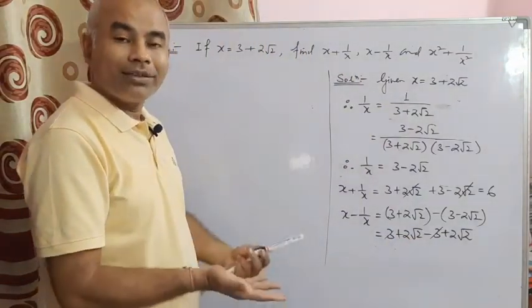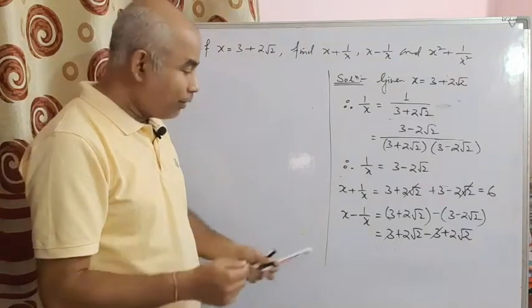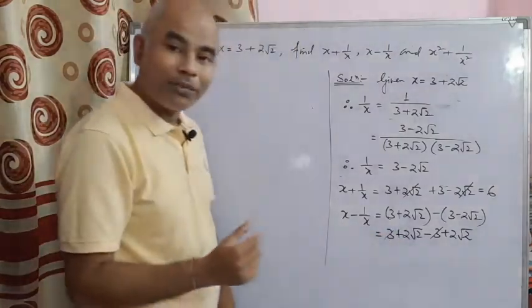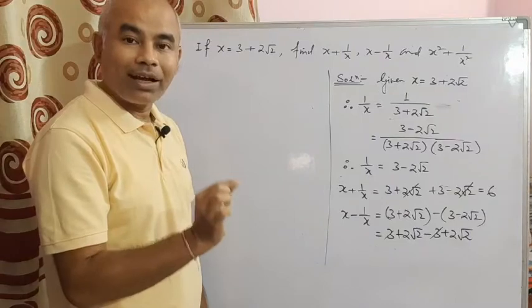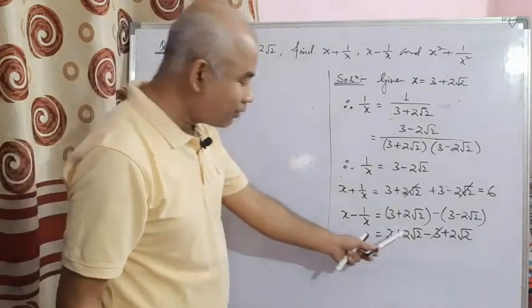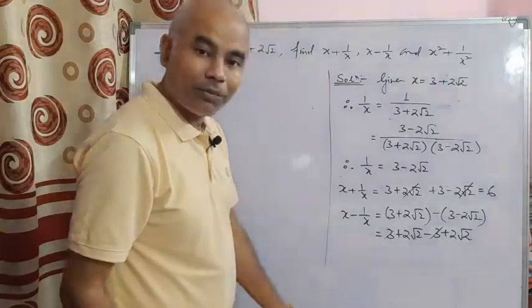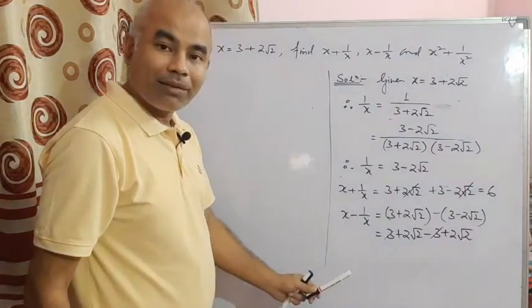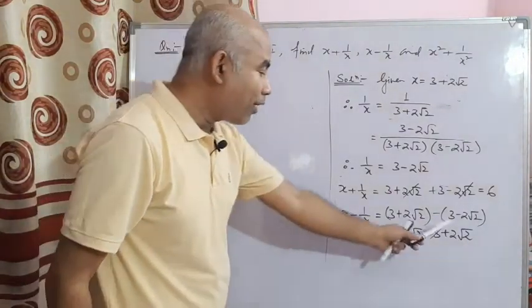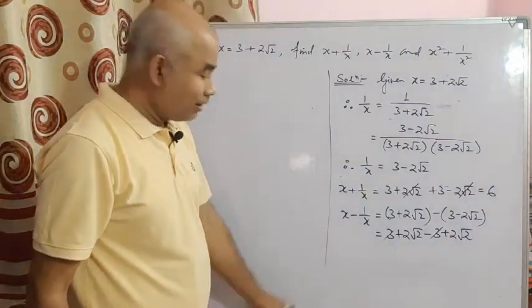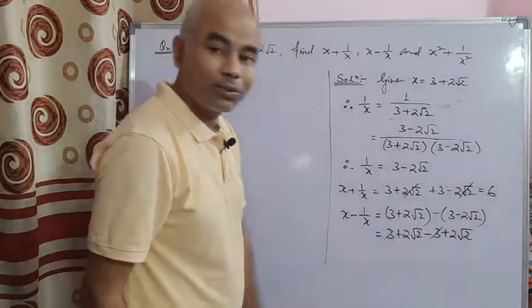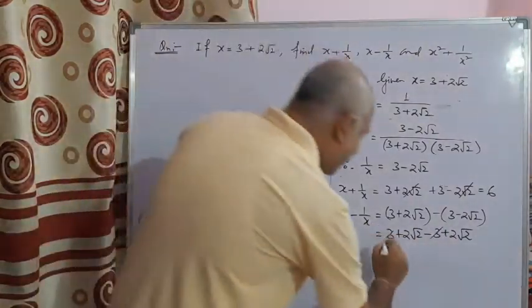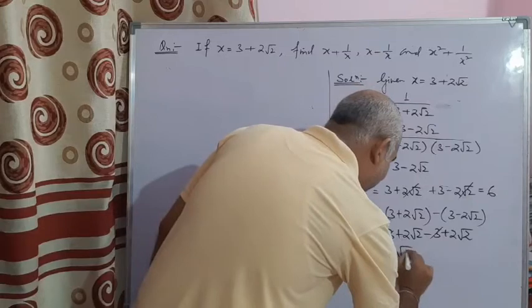How to add irrational numbers? You know that if you have the same number under the root over sign, then you can add it and write it as a single number. So here I can do that. I have the same number under the root over sign, so I can write it as a single number. What I have to add? The number outside the root over sign, I have to add it. So here it is 2, here also it is 2, their sum is 4. So the answer is 4 root over 2.